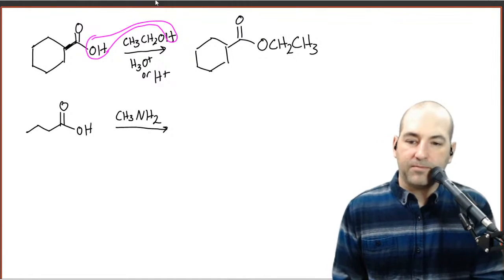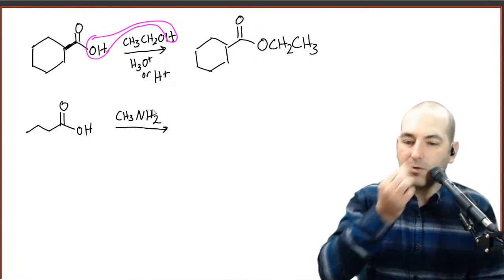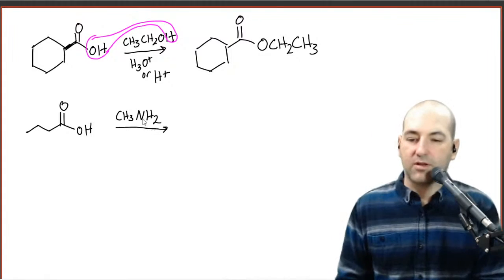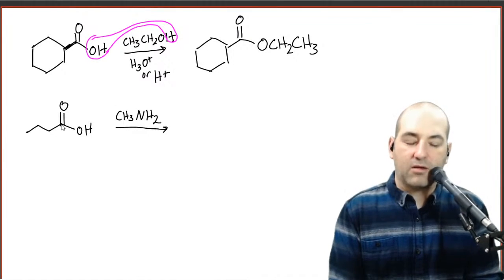All right, for the next one, same idea. We're going to take the OH from the carboxylic acid, which then becomes water with one of the hydrogens from the amine. And then we're connecting the nitrogen up to that carbon over here. So we've got